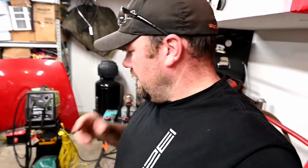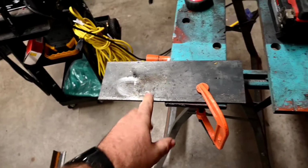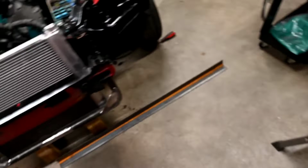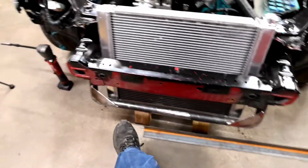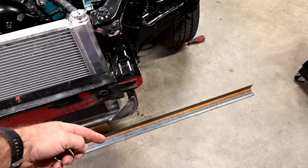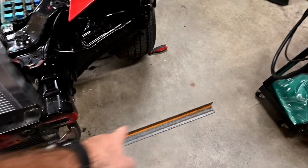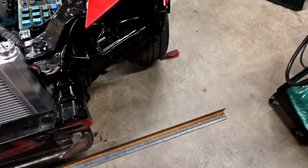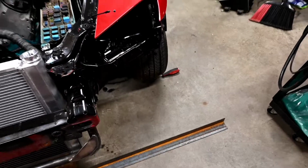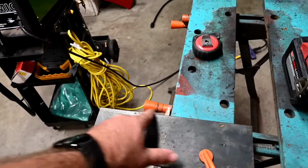So now I gotta get rid of this wood that's holding the radiator, because currently there's still nothing holding the radiator. So what I'm gonna do is I'm gonna take these thick pieces of steel that I can't bend, and I'm just gonna cut it 4-inch squares, and I'm gonna put one here, I'm gonna put one here, I'm gonna slide it underneath there, and then I'm gonna burn it in on both sides, get that welded in, and then I'm gonna make a slide for this out of this angle right here, and it's just gonna set in here and weld to the bottom of this plate here like this,